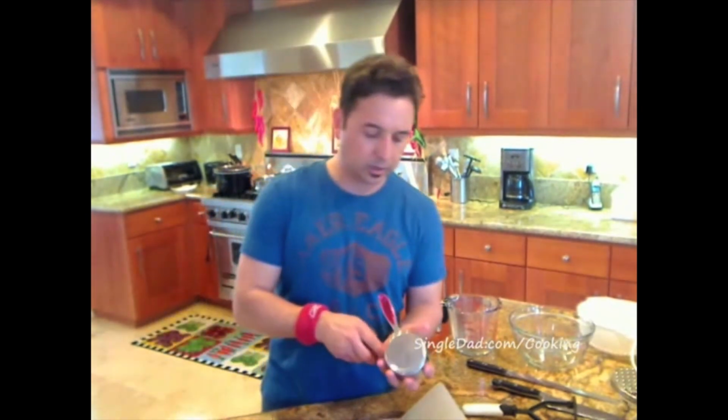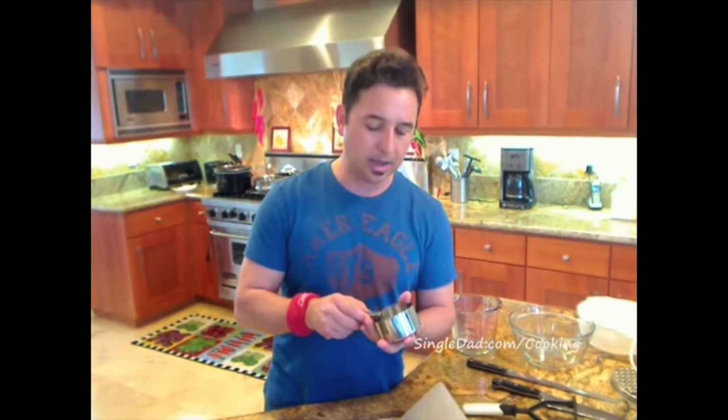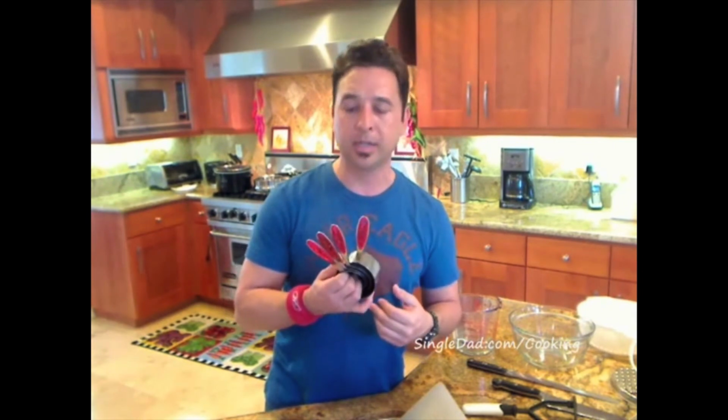Of course, it goes without saying you got to have measuring cups. These are my everyday measuring cups, and again, they usually come in a set, and they're fairly inexpensive. Doesn't matter if you get the regular steel ones that I have here that are all fancy, or the everyday plastic ones. You gotta have measuring cups, as well as,